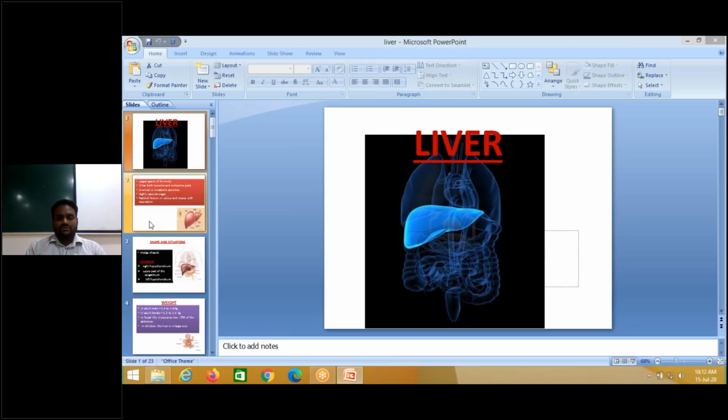You can see the number of short notes questions on the liver, 3 marks and 5 marks questions. The 3 marks questions are ligaments or folds related to the liver: lesser omentum, falciform ligament, ligamentum teres, and bare area of the liver with coronary ligaments. These are the short notes questions. And the 5 marks question is the visceral surface of the liver.